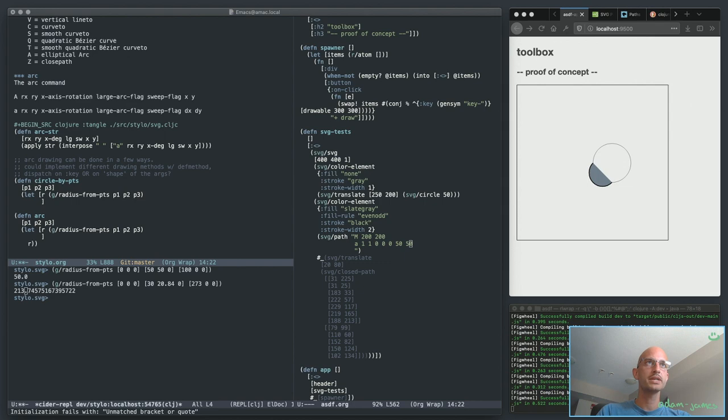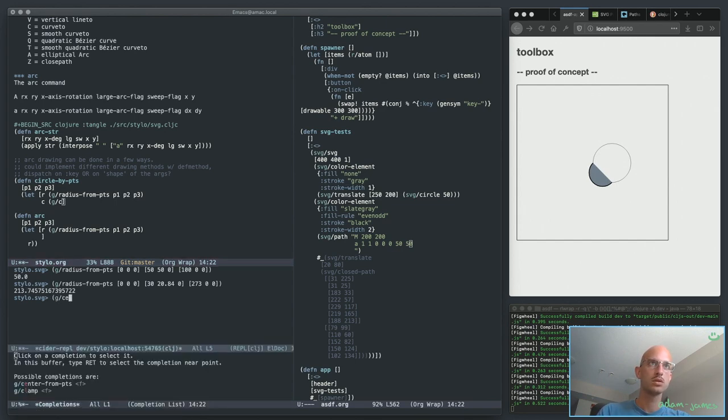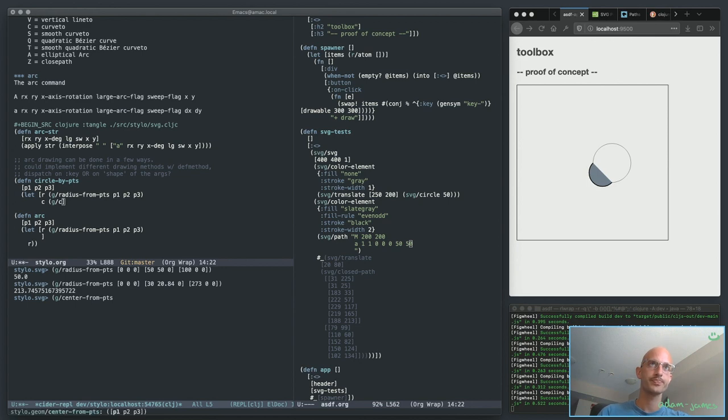Okay, so there's the radius, and the center is going to be center from points. Then I can actually just call translate to